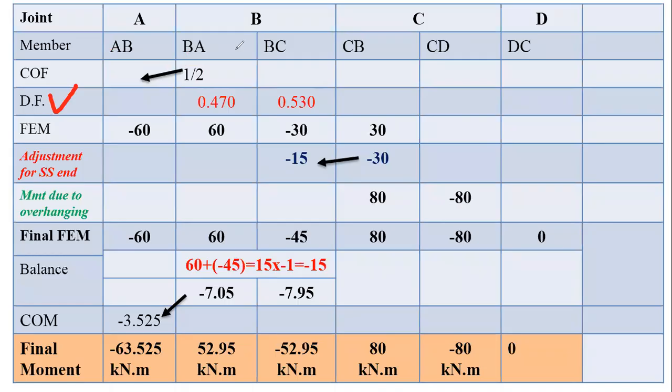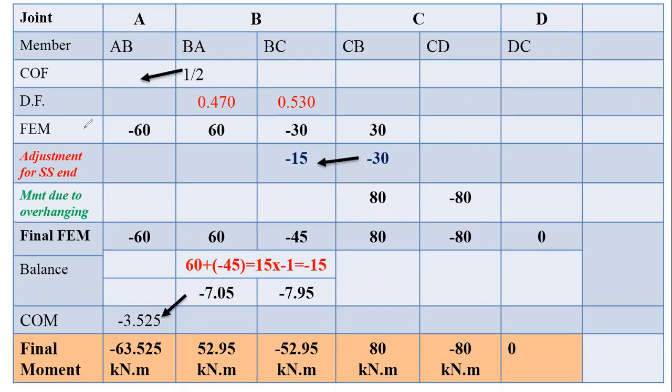Distribution factors. So mark the distribution factors that we have calculated in step number 2. So write the distribution factors for that particular member. And remember here, for the overhanging span at C there are 2 members, but no need to write down the distribution factor. It is always 1 due to the overhanging span, because we are reducing that overhanging span into the moment. So no need to consider the distribution factors. But in some competitive examination, if they ask what is the distribution factor for the overhanging span, the answer should be 1.